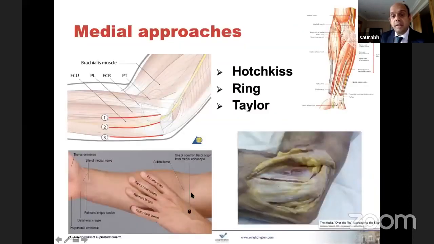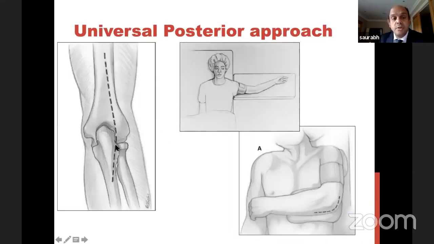Inside, so this is a medial approach, we know that. But if I had gone posteriorly, these are the flaps you make, skin and fat. And inside, this is what you see, medially and laterally. So I can do any medial approach here and any lateral approach here. So I would always do a universal posterior approach. And once I've done it, arm comes back onto the arm board. You and your assistant can sit, and now very comfortably, you can do your lateral approach or a medial approach.